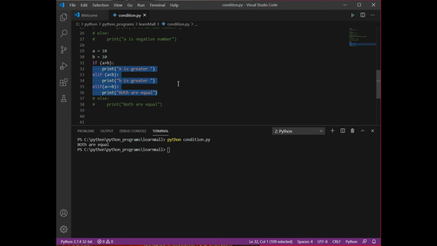So this is all about if else statements. But there is one problem with if statements: my statements are going to get executed only once. Suppose I have a set of statements which I want to execute again and again, then I need to write those statements again and again. In order to overcome that drawback of if statements, we have another feature in Python known as loops. Loops allow us to execute a set of statements many number of times. We are going to discuss them in detail in the next lesson.